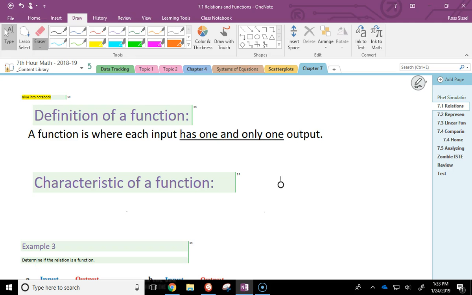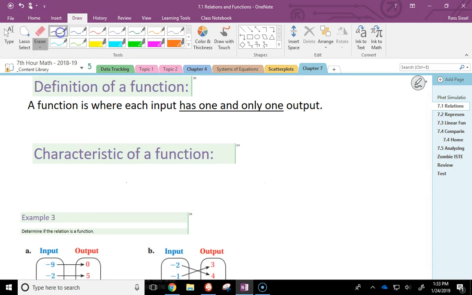Okay, so definition of a function. A function is where each input has one and only one output. For the characteristics, we're going to write down what we would do to test this. It's called the pencil test. Oh, I remember that. Okay, the pencil test. What this is. Alright, on this pencil test,